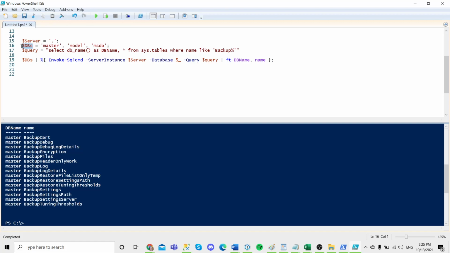What this does, it says, okay, so for databases, I'm going to grab that and pipe it to a foreach. This is shorthand for ForEach-Object. So for each thing it finds from databases, it'll run this command. And once again, our little shorthand $_ means, okay, whatever the current iteration of what we're talking about. So this is the current iteration of databases. So first it'll do master and plug that in for database, and then model, and then MSDB. So we run that,